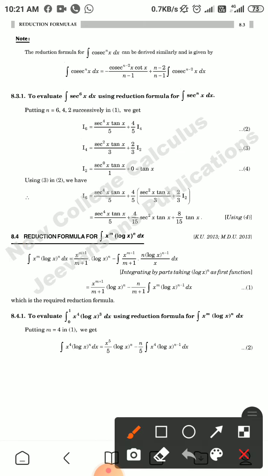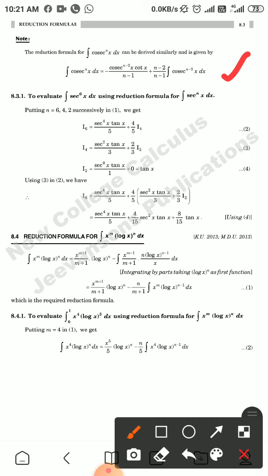Making note, the reduction formula for integration of cosecant raised to power n x dx can be derived similarly and is given by integration of cosecant raised to power n x dx is equal to minus cosecant raised to power n minus 2 x cot x divided by n minus 1 plus (n minus 2) divided by (n minus 1) integration of cosecant raised to power n minus 2 x dx. Now next one,